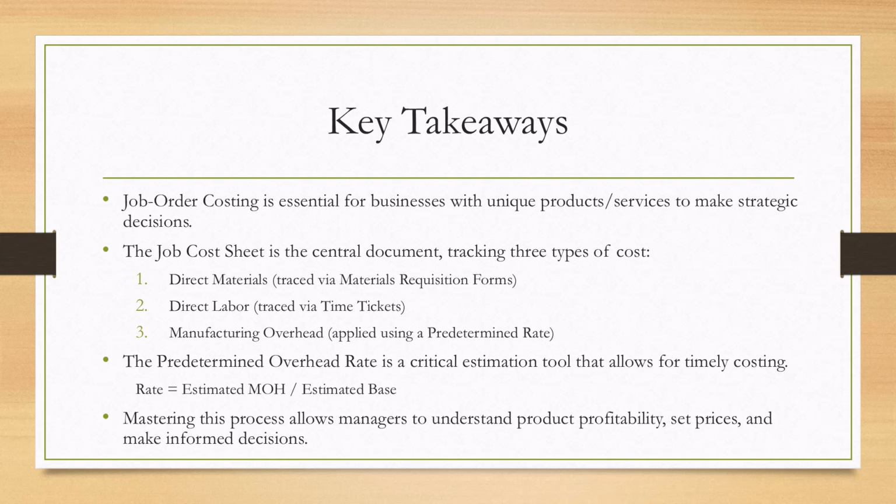Let's wrap up by reviewing the key takeaways. First, job order costing is an essential tool for any business with unique products or services, as it informs critical strategic decisions. The job cost sheet is the central document where we track our 3 main types of cost: direct materials, which are traced via requisition forms, direct labor, traced via time tickets, and manufacturing overhead, which is applied using